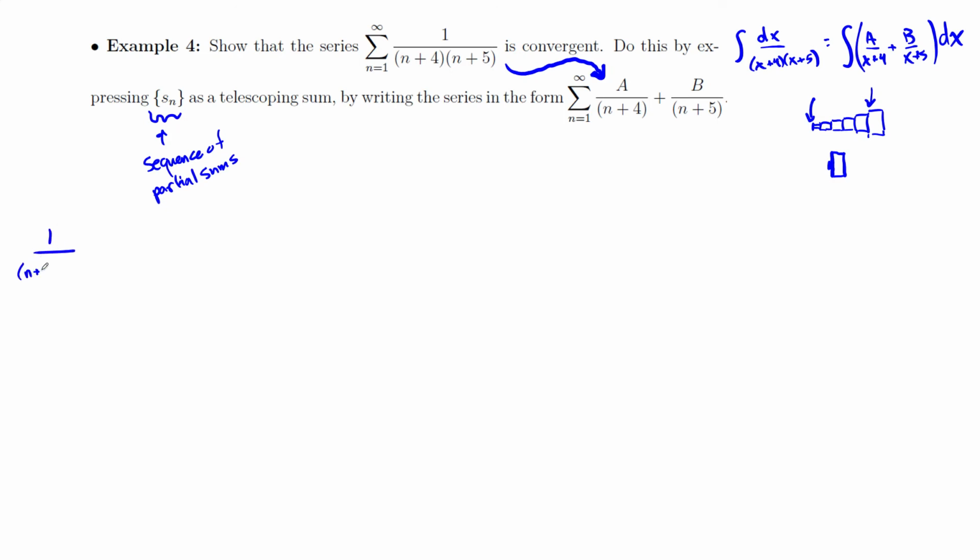We're going to say this should equal something like this, but I don't know what A and B are supposed to be quite yet. All right. Now, the technique here for figuring out what A and B are is understanding that we have a valid equation that we're staring at right now. So we just, on both sides, multiply everything by n plus 4 times n plus 5. Okay, and so of course we get all that wonderful cancellation over there, right? We get that, and we get that. So what happens here